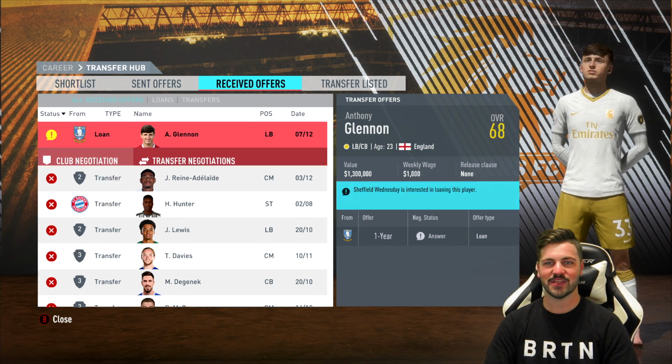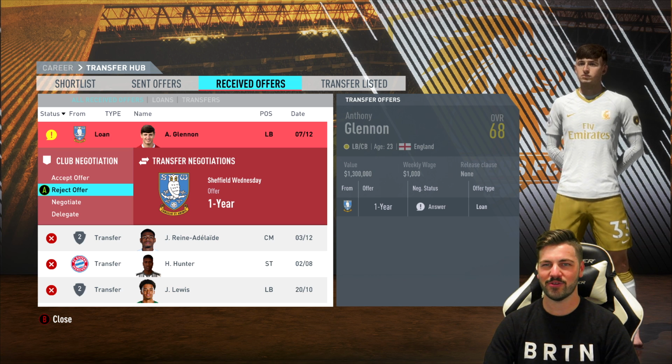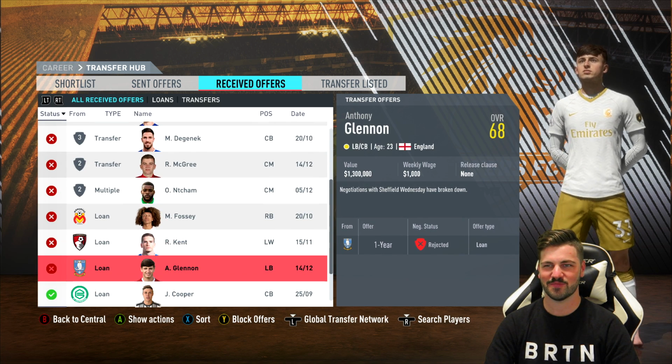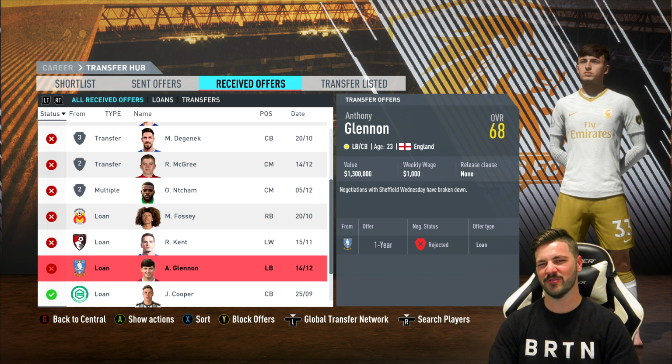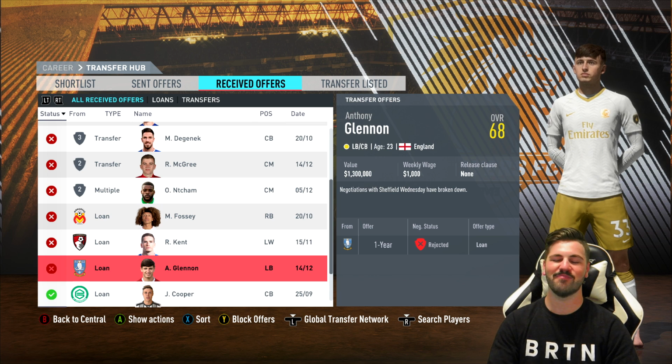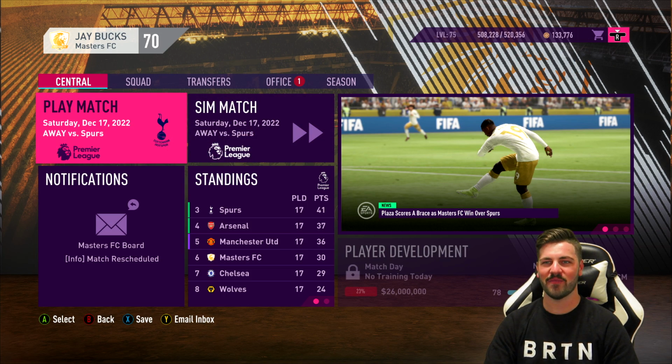But yeah, and as for this loan for Glennon, I know I'm not really playing him at the moment, but I might reject this one as well, just because I still think I might have a use for him. Although, to be fair, we do have Jamal Lewis. I maybe could have actually accepted that one up. Regardless, it's like 50-50. So from the Carabao Cup onto the Premier League, we go now away to the Spurs